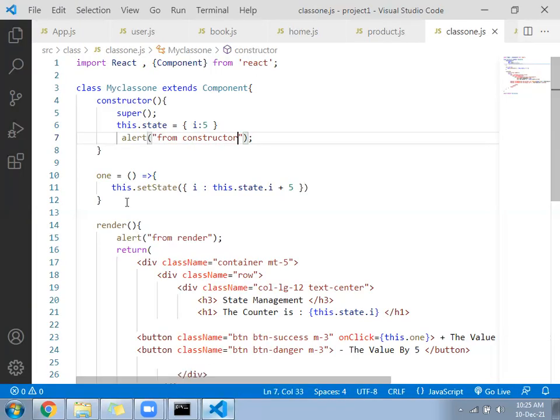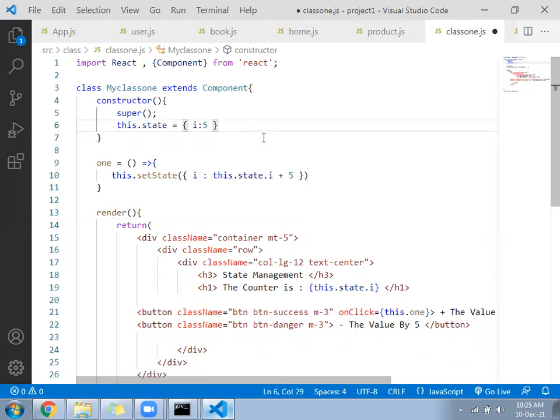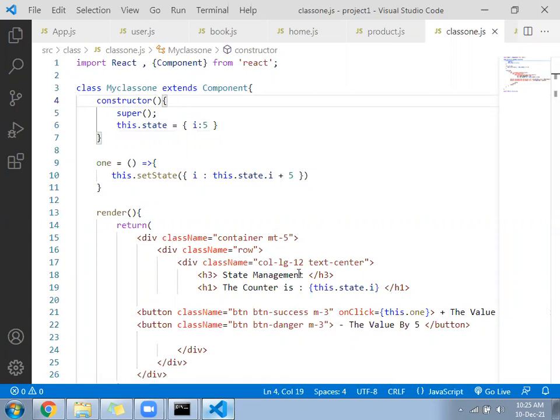Look here. Now I will remove both alerts from both places. Clear?